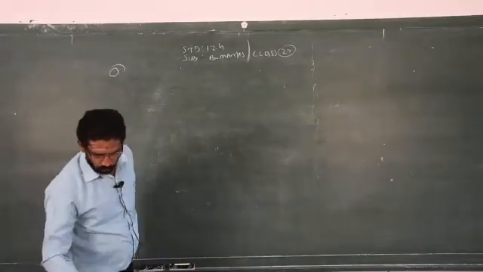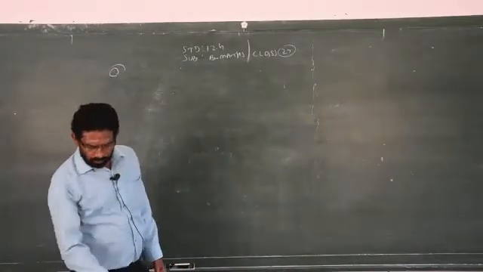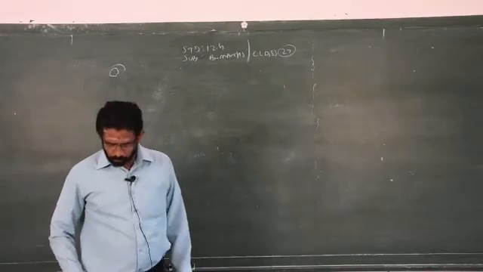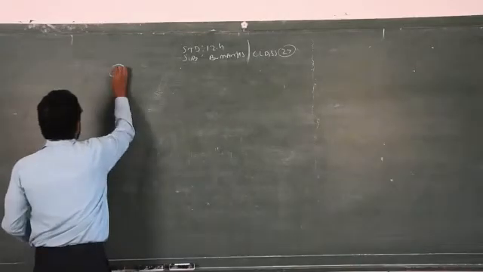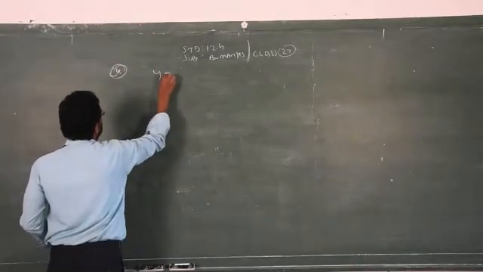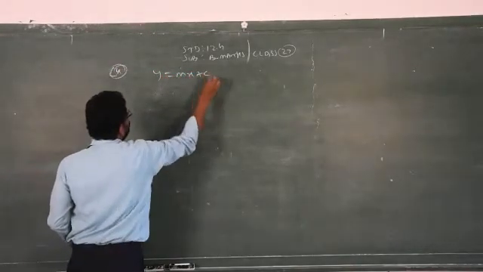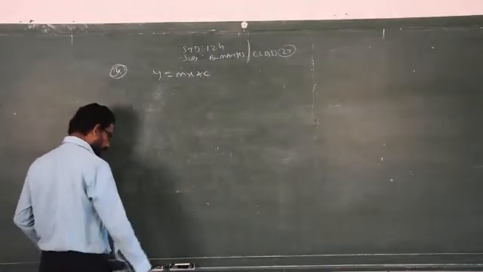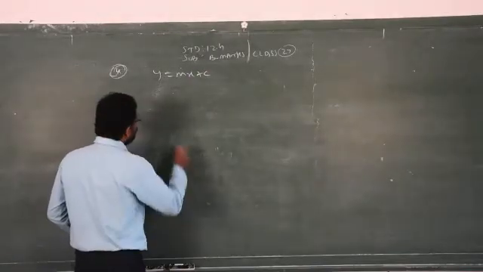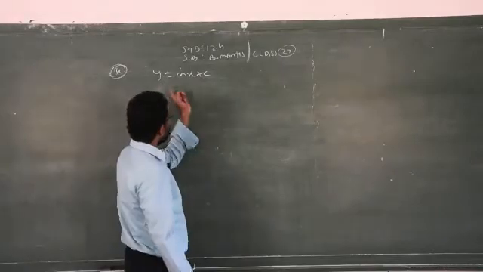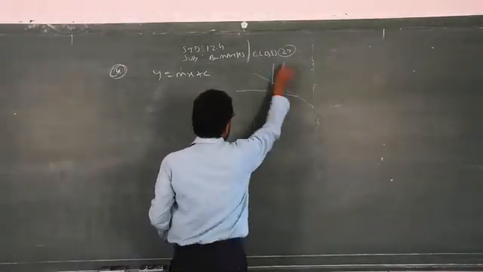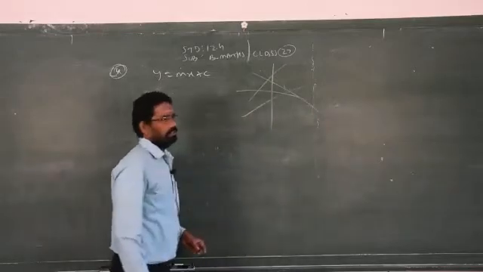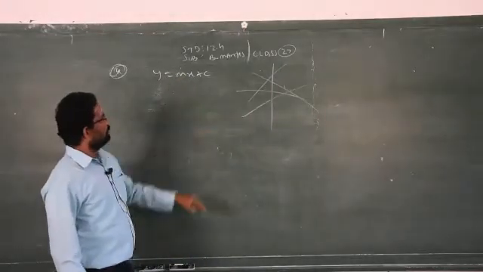Now question number 4. It is very simple. Find the differential equation of the family of all the straight lines passing through the origin. So the general formula for a straight line is y is equal to mx plus c. This you know very well from 10th standard. Clear? This straight line doesn't pass through the origin. It may go anywhere like this. Clear? No restriction. That is the general form y is equal to mx plus c.